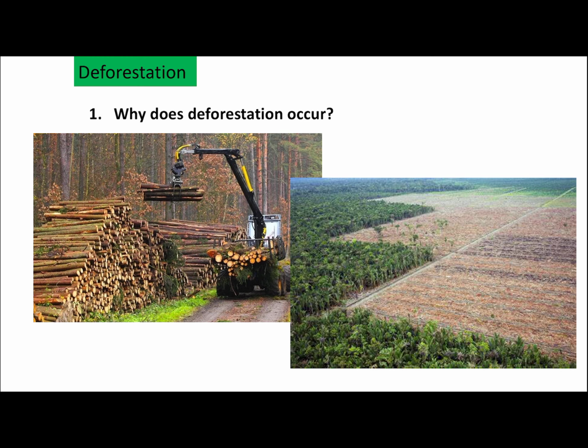So why does deforestation occur? From these pictures you can see, and I know a lot of you will be aware already of what deforestation is, and this is something you'll discuss in your live lesson this week. Why does it occur? To clear land for farming or building. Wood can be used as a fuel. It can also be used as a building material. However,